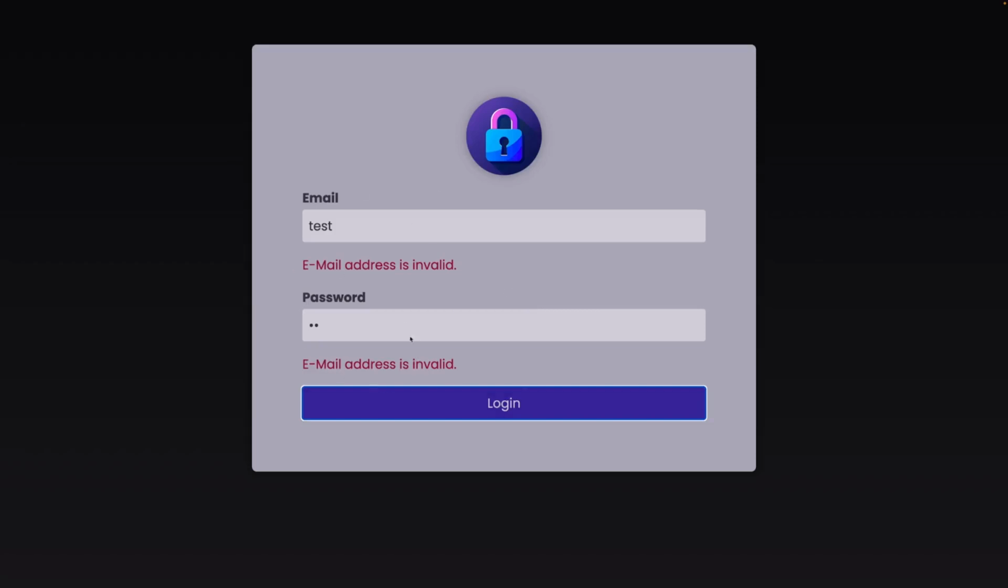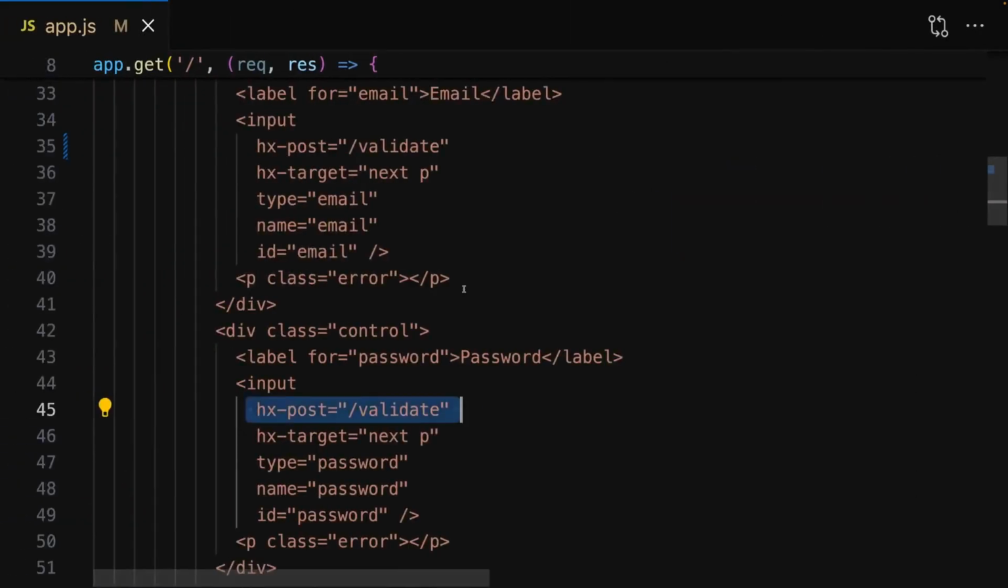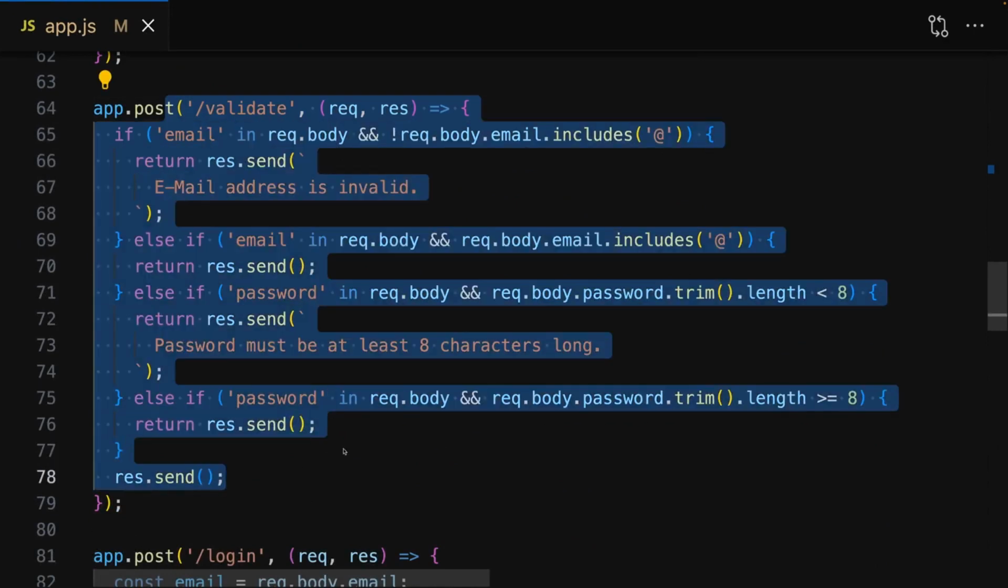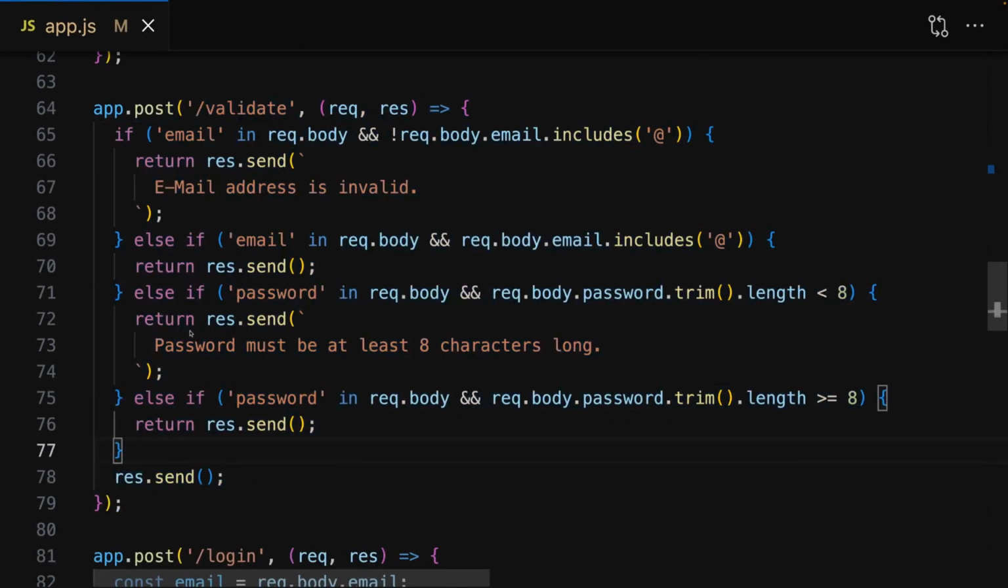So these requests here don't seem to work correctly. Specifically here for the password, I get some email-specific error message if I'm entering an incorrect password. Now, as I explained in the last lecture, in theory, this validation code here in this post route should output a password-specific error message if I have password data in the request body and the password is too short, but